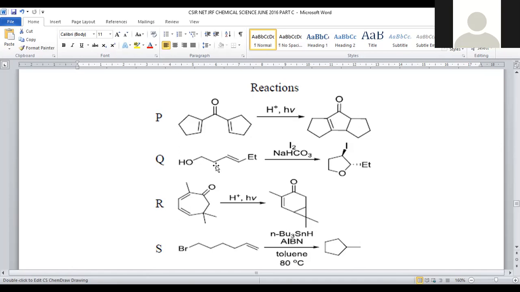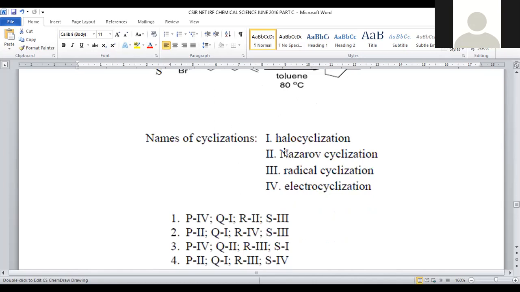And next is about, we are taking OH, CH2, CH2, C double bond, with iodine in the presence of sodium bicarbonate. So halocatalyzed, that means iodo-catalyzed cyclization reaction. We are going to cyclize oxygen having a lone pair of electrons. They get cyclized at this center because here we have a double bond that will be mobilized in this manner. And the iodo group is substituted wherever we are getting positive charge, so that we got a 5-membered ring system with iodo substitution. This is called halocyclization. Q is known as a halocyclization reaction, right?